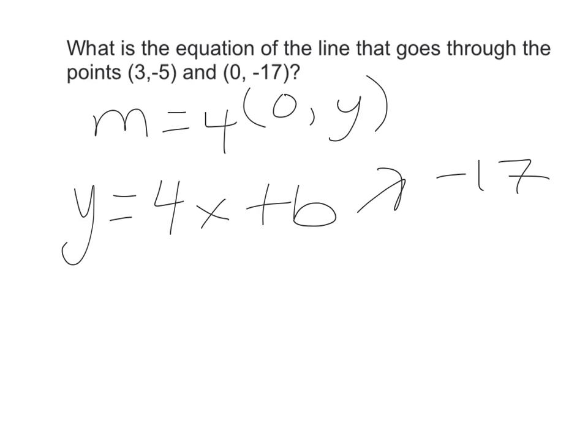The equation of this line, y equals 4x, we found the slope by subtracting y minus y over x minus x. We got a slope of 4, minus 17. I got a y-intercept of -17 because that's when my x value is 0. I'm going to rewrite